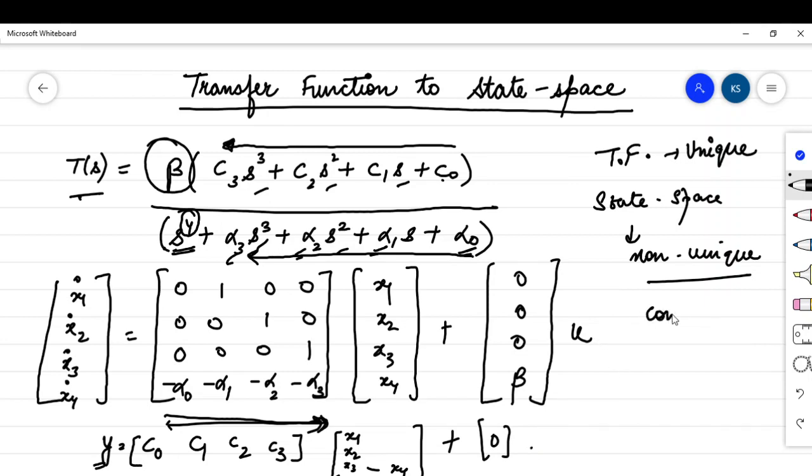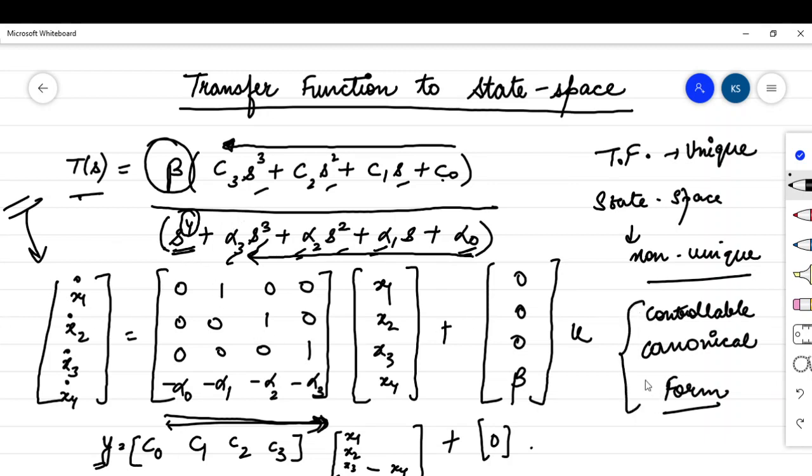This form is known as controllable canonical form. In the exam, you will just find out the transfer function, and from the transfer function, you have to develop the state space model. So with this technique, you will see which form is shown to you. First, I have shown you the controllable canonical form. Just observe if the first two rows or three rows are written like 0, 1, 0, 0, 0, 0, 1, 0. Then it is written in the controllable canonical form. Otherwise, different forms are available to represent the state space.